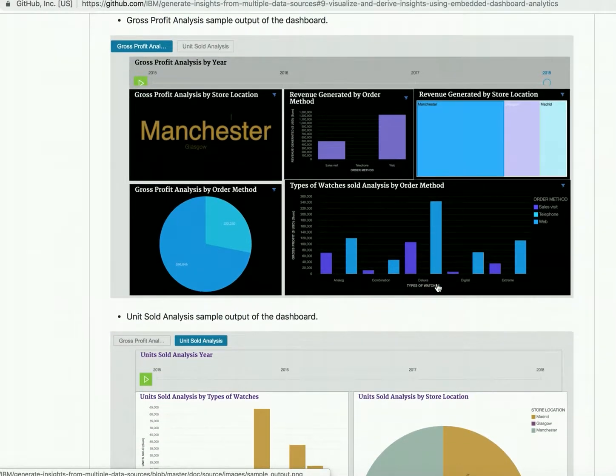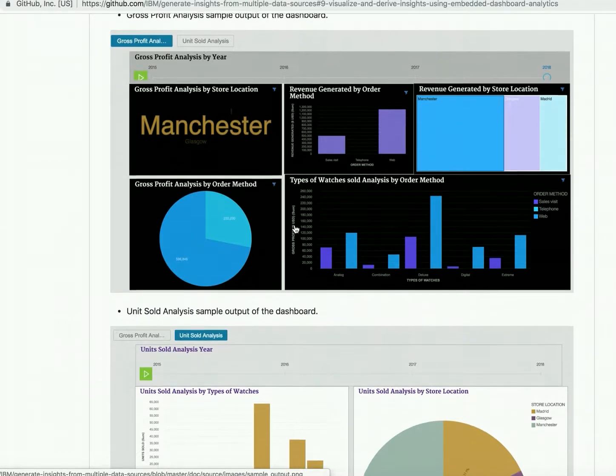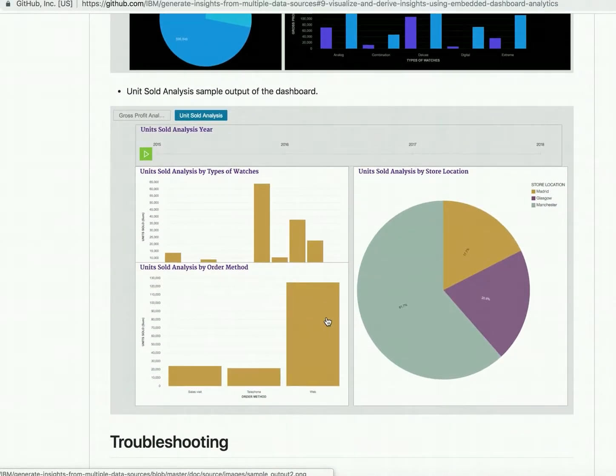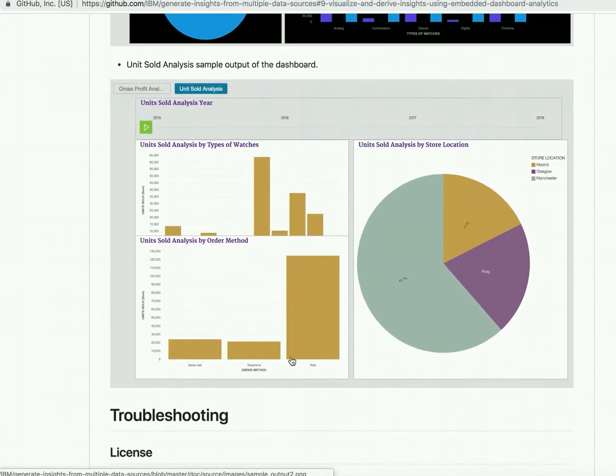Similarly, if you look at the unit sold analysis, you can just click on this tab. It will get you to this particular dashboard where you can start analyzing by the units that have been sold. Again, you can slice the data by the year, and you can see again unit sold by store location, which is Manchester. It has done 61.7 percent of units when you compare with all other locations. So this is how you build your dashboard, and you can get much insights